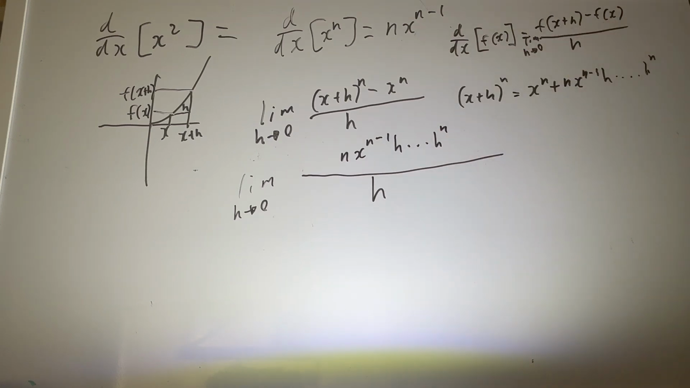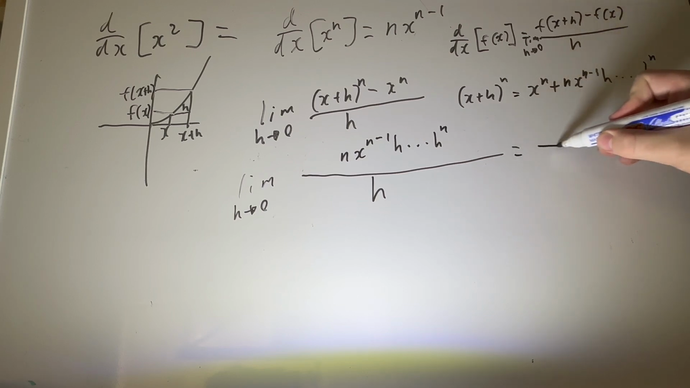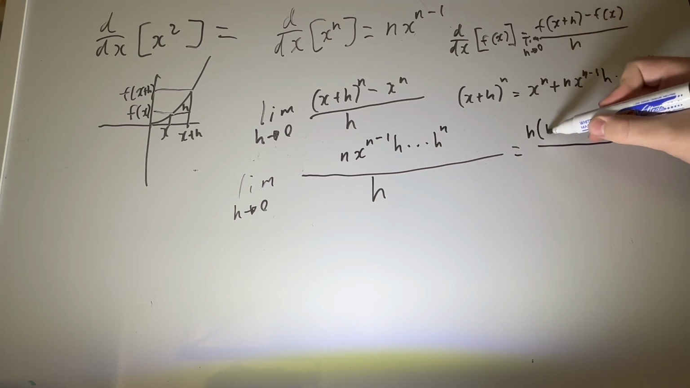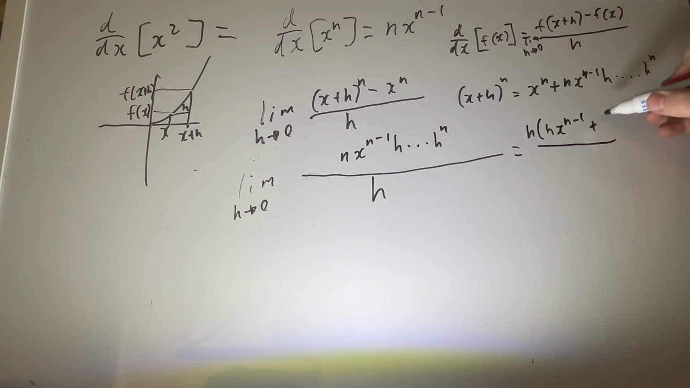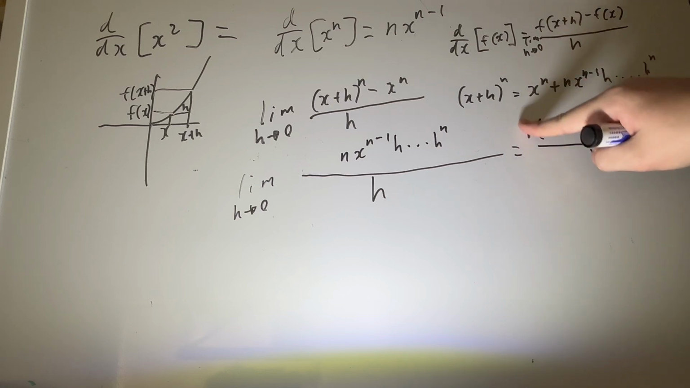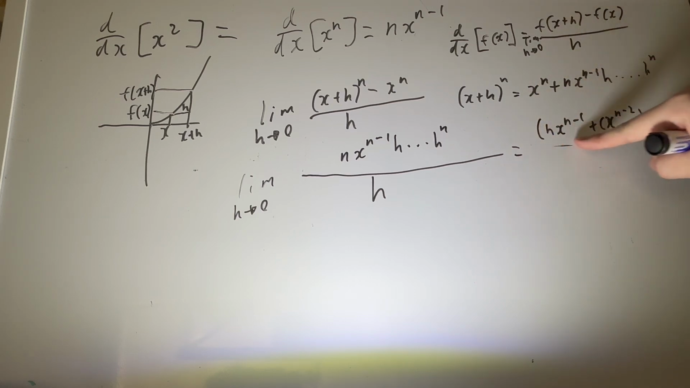So everything here contains an h. So we can write this as h times n times x to the power of n minus 1 plus some constant c times x to the power of n minus 2 times h plus dot dot dot till h to the power of n minus 1. And we're dividing by h here. So these two h's will cancel, and we can get rid of this divisor, and we know that h is approaching 0, so